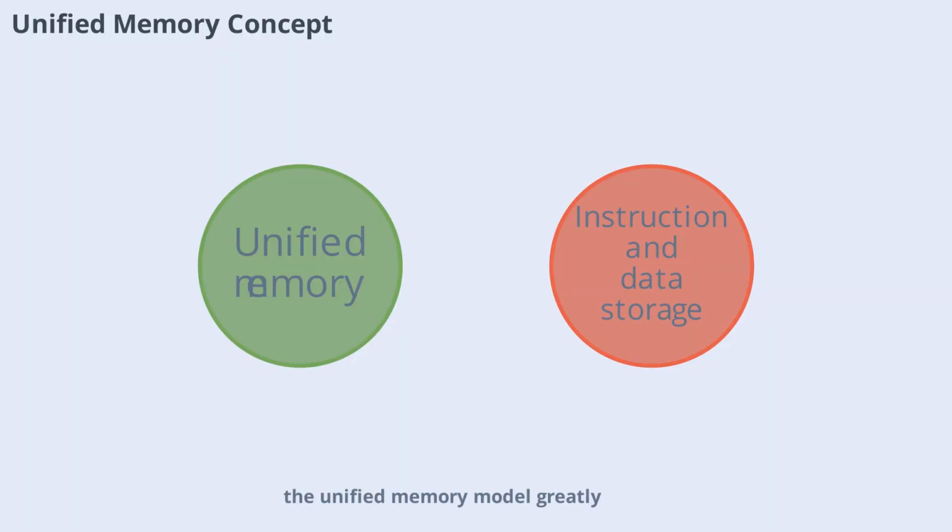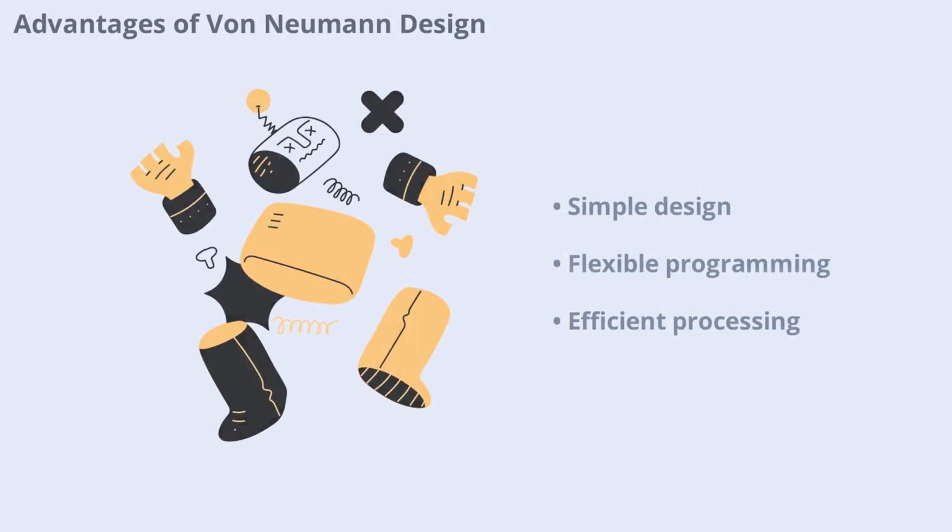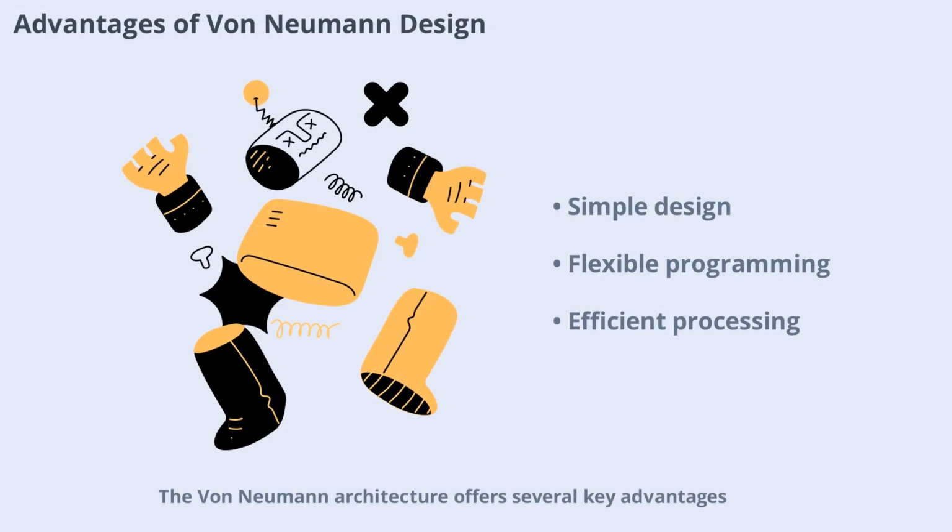Despite this risk, the unified memory model greatly simplifies computer design and programming, which is why it's still widely used today. The von Neumann architecture offers several key advantages. Its simplicity makes it easy to design and build computers. The unified memory allows for flexible programming, enabling computers to run a wide variety of applications. Additionally, the fetch decode execute cycle streamlines processing, making computers efficient and reliable. These benefits have helped the von Neumann model remain the standard for decades, powering everything from early mainframes to modern